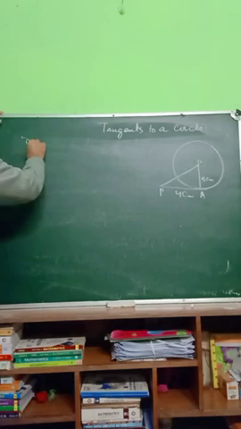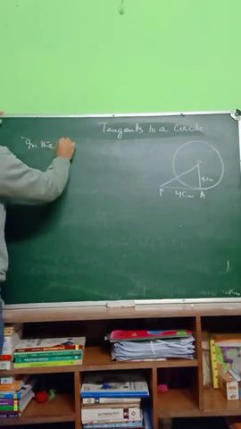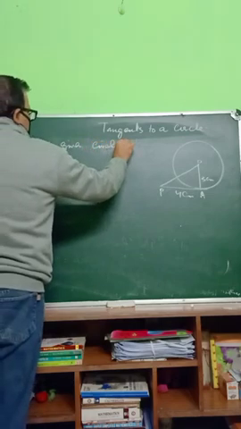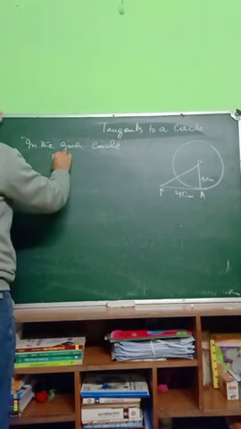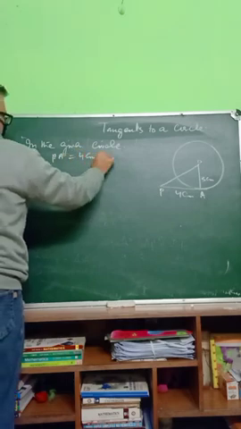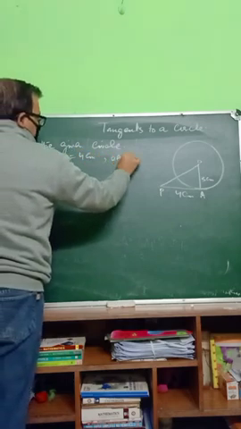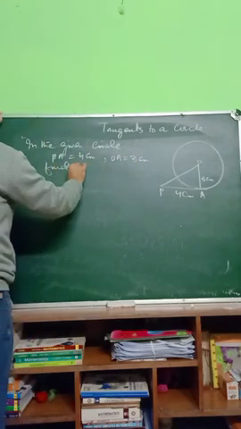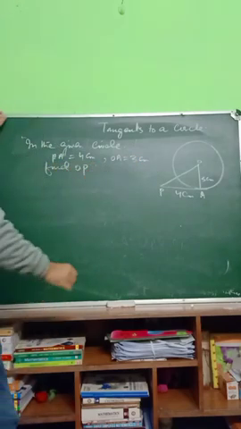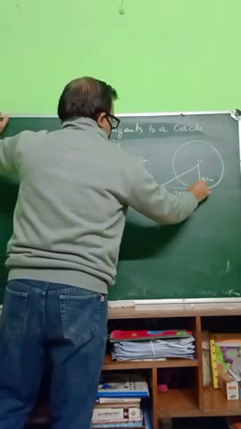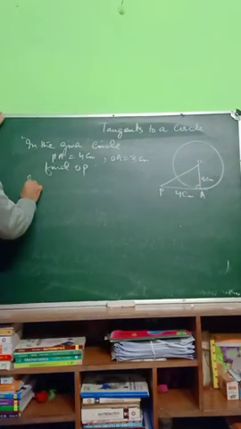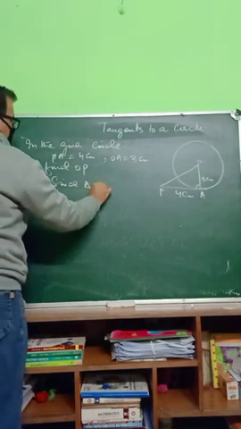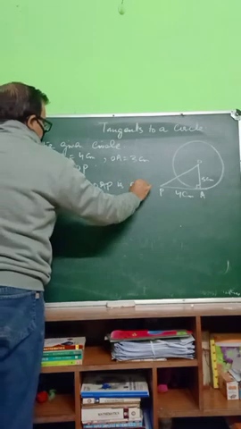In the given figure, in the given circle, PA is equal to 4 centimeters. OA is equal to 3 centimeters. Find OP. So we know that OAP is a right triangle. Solution. Since triangle OAP is a right triangle,